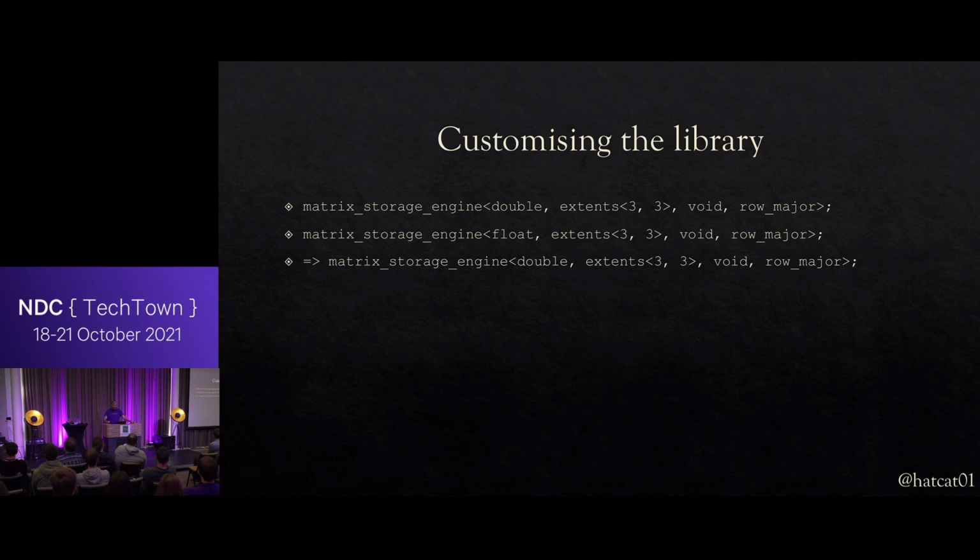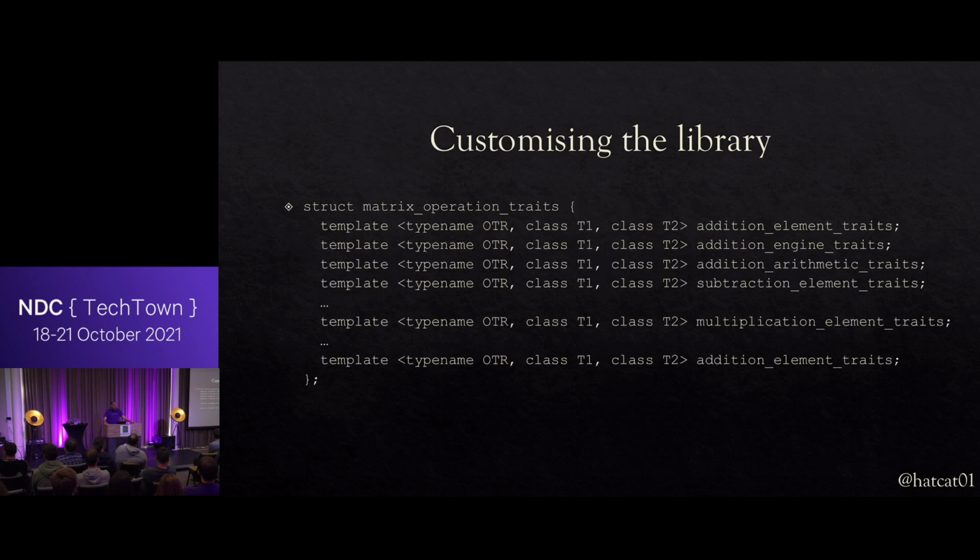So we therefore have to expose another parameter to the matrix definition, which is the matrix operation traits. So for each of the four operations, we have three traits: element promotion, engine promotion, and an arithmetic trait, which I'll come on to in a moment. So during compilation, the traits class is used to form the resulting type of the operations. In the usual case, it's to be hoped that classes T1 and T2 would be the same, making the entire process quite trivial. But where they are not, the appropriate trait is selected to infer the correct promotion.